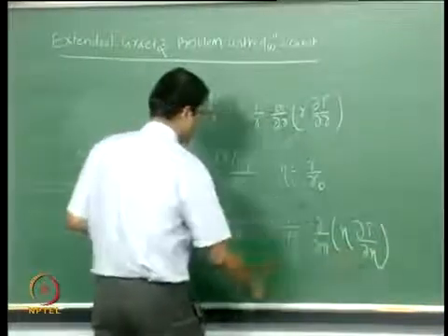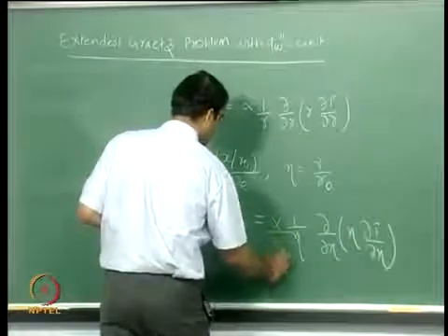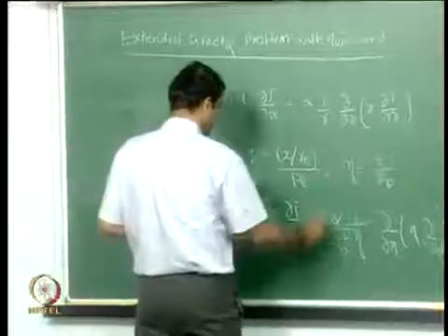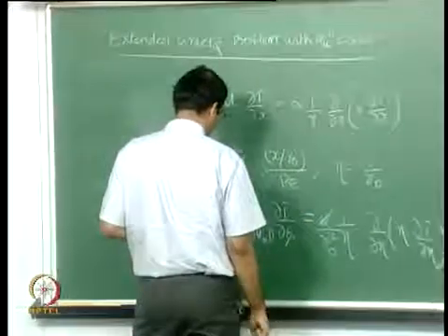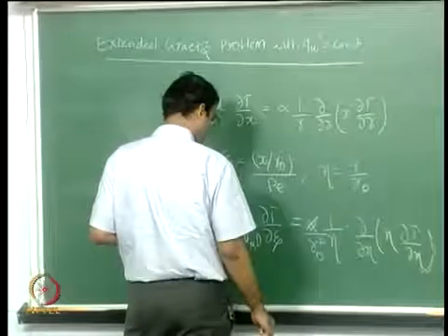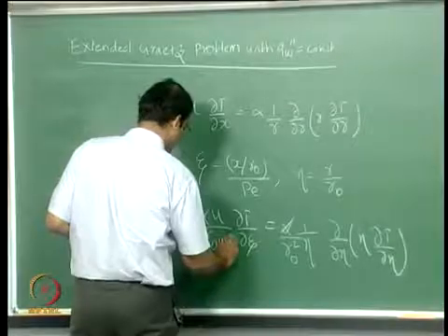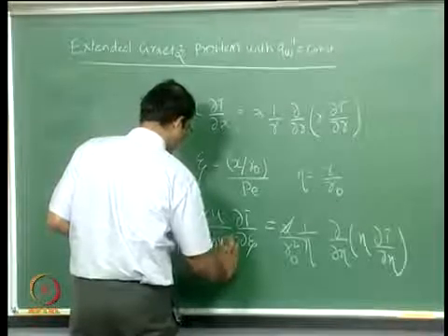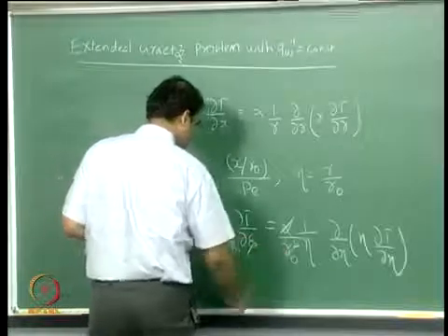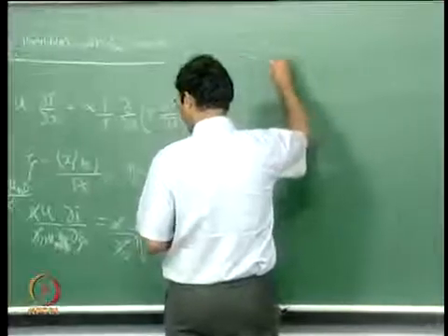Of course the r naught here and here cancel, so I have an r naught square which I have to multiply outside, so my alpha cancels here, and I can also cancel off my r naught. This I can write as 2 times r naught, so this becomes r naught square, which also cancels off, and therefore I get